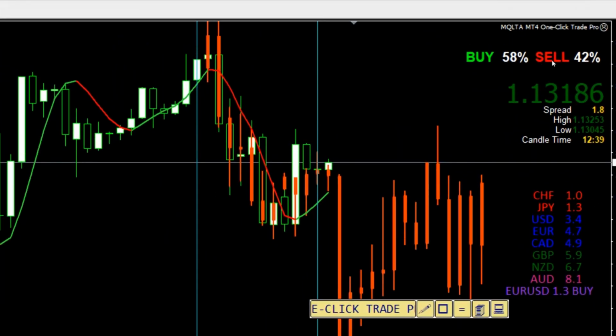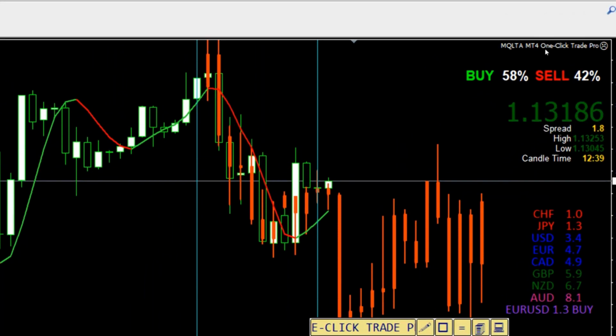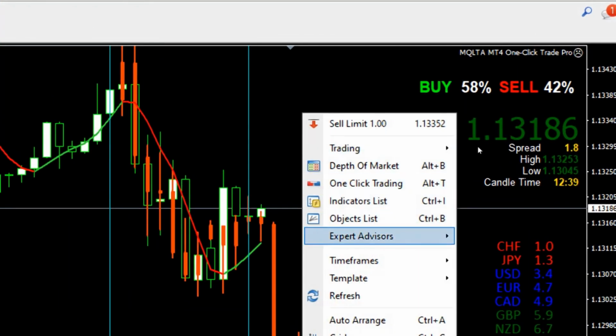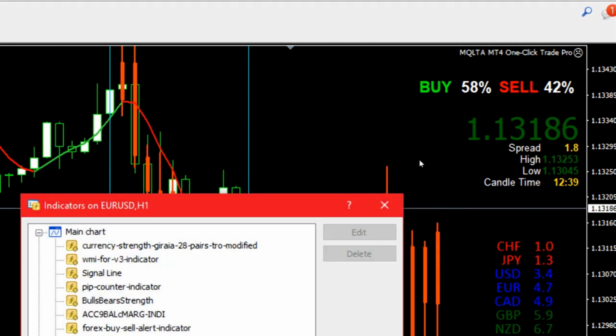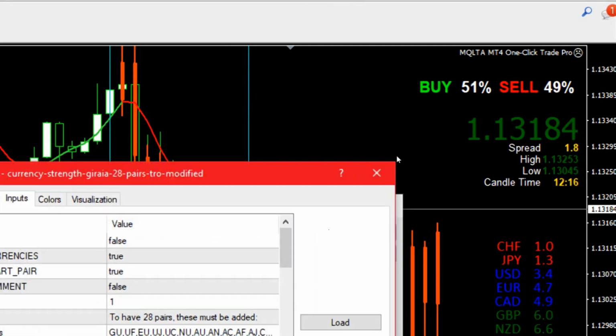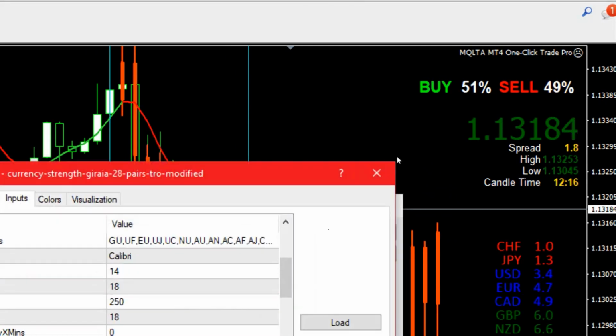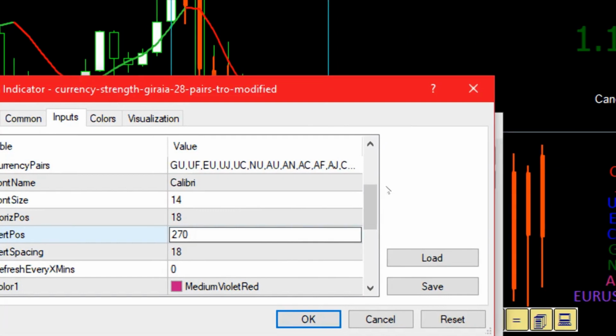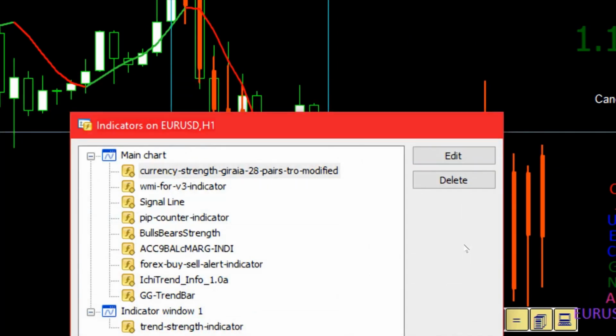And then we'll move that one. Now I could do a little bit further, couldn't it? Because it looks a bit cramped up there. Alright, we'll move that a bit further down, the indicator list. And it's this one here. I call it 250. I call it 270 then. Okay,